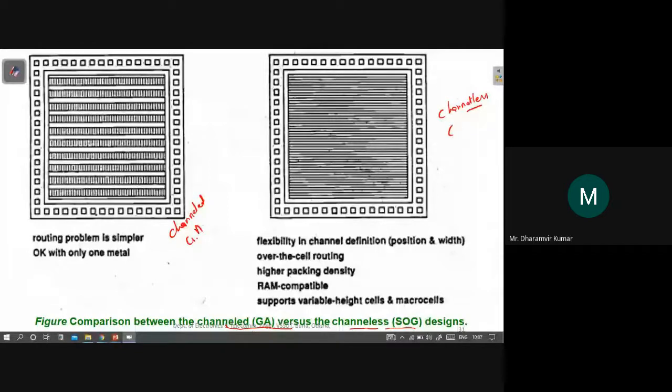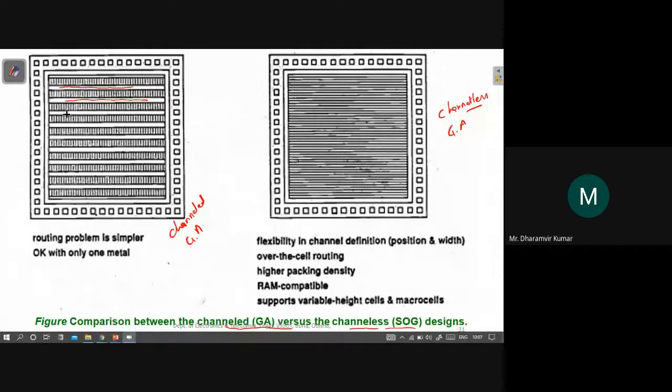The channel-less gate array does not contain channels, while the channeled one contains channels. So these are the channels. Look at these white horizontal spaces. These are the space provided for channeling between different transistors.